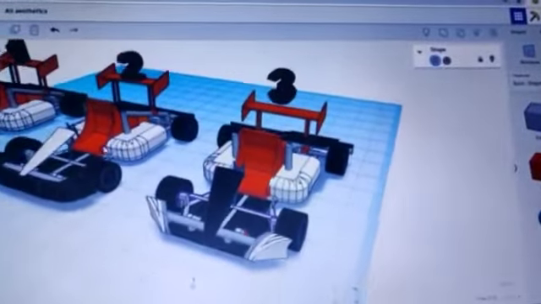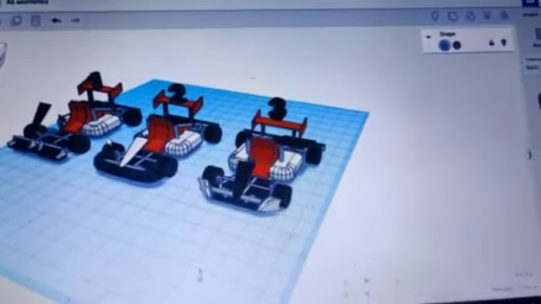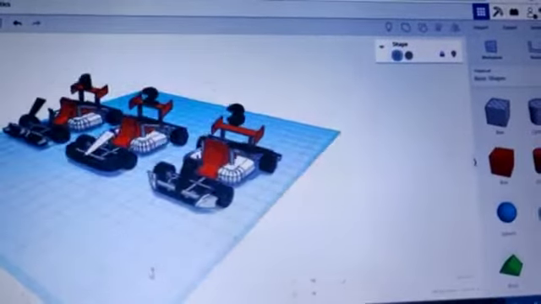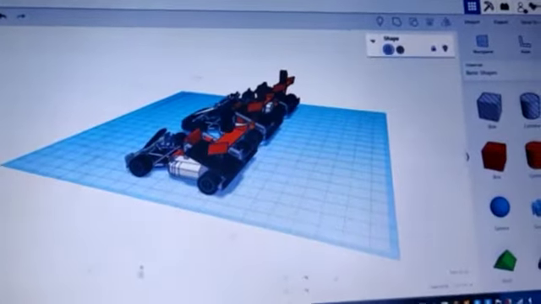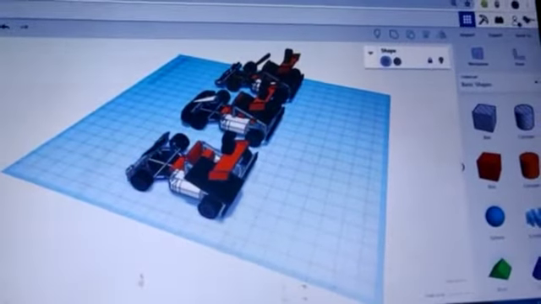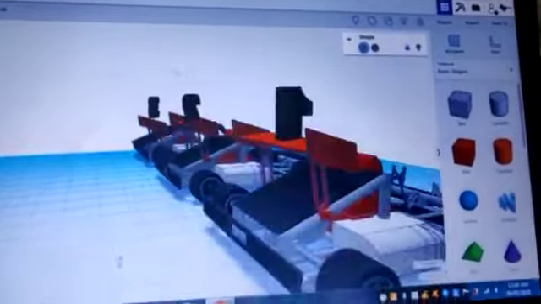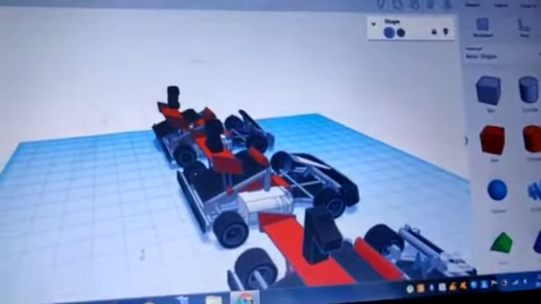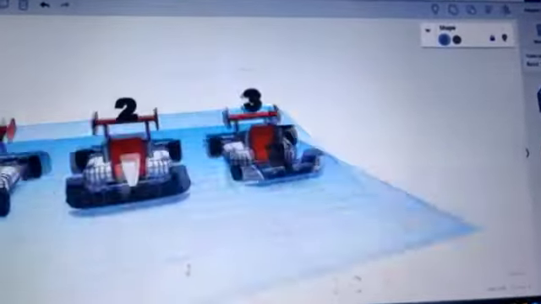So you can view this. And the software which I'm using to make this is Tinkercad. This is a basic 3D modeling web page or software which can be used by the new generation of students, because it is easy and fast to make a reliable 3D design with accurate measurements. So as you can see, there are three models and all have the same measurements.